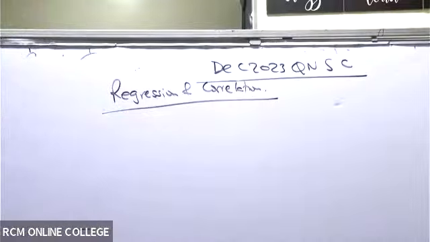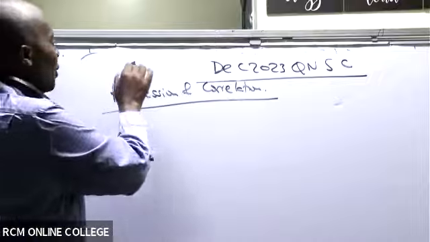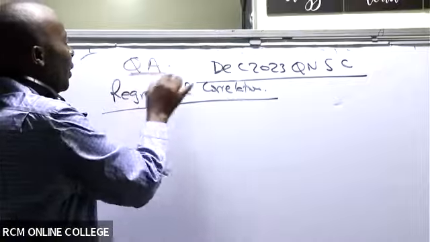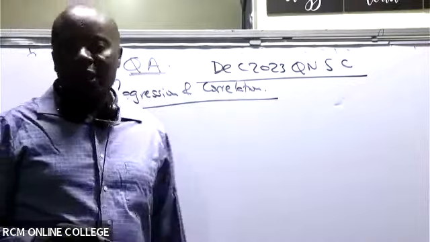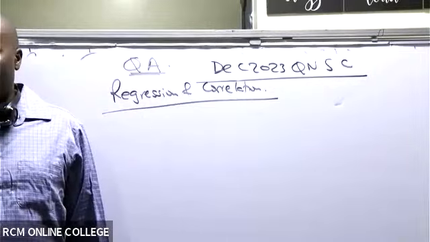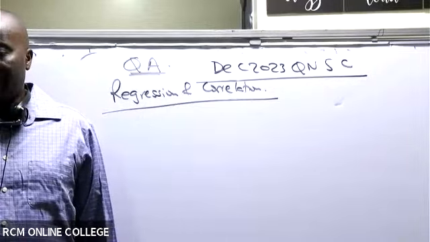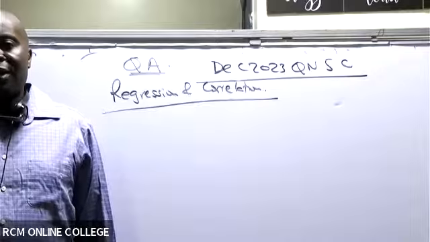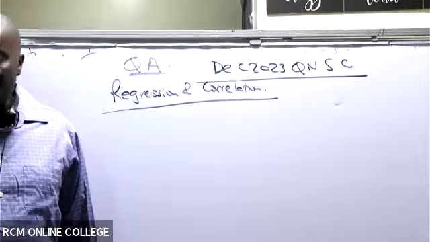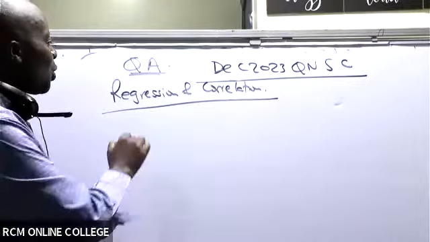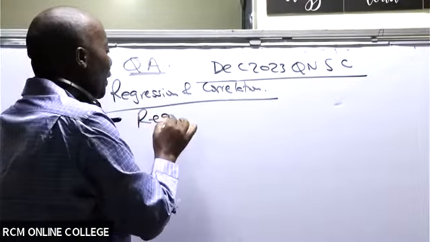Correlation in QA is topic number 4. Regression is topic number 5. Remember, the subject is quantitative analysis. All right. So if you allow me, I'll introduce regression first, where we mentioned that